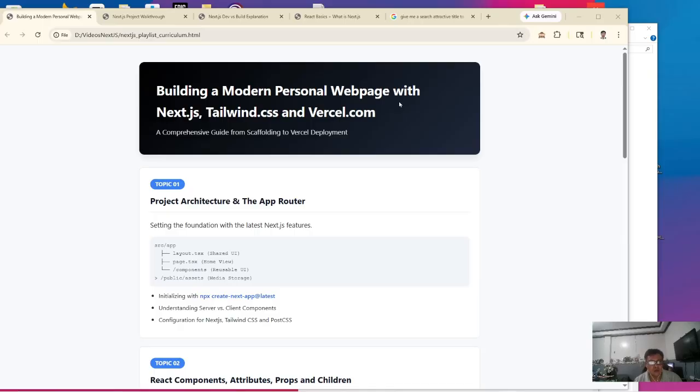And we are going to use a single page application, or SPA, approach, because Next.js is based on React.js, which is actually a single page platform.